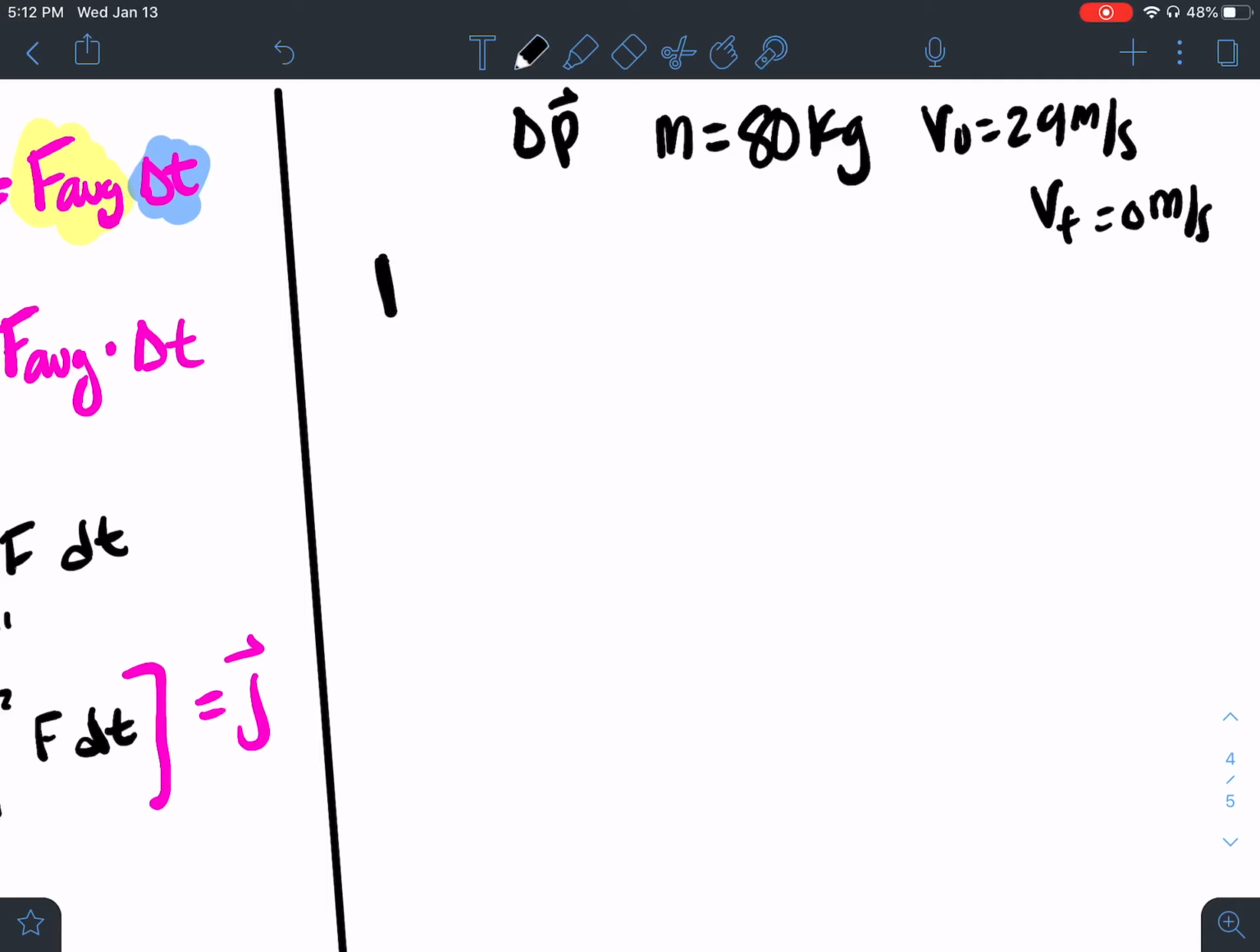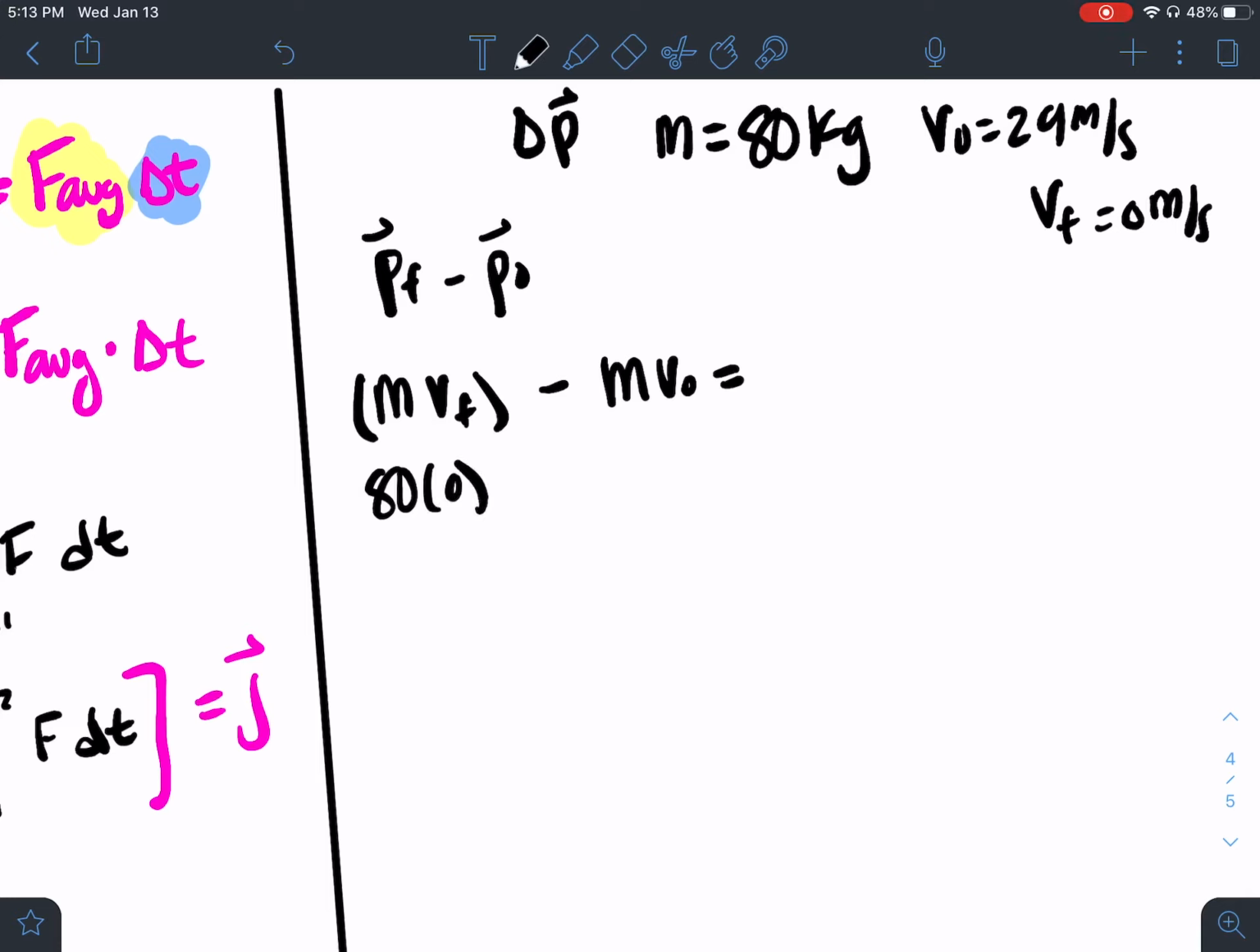The change in momentum is your final momentum minus your initial momentum. So we're going to do the mass times the velocity final minus the mass times the velocity initial. And so we're going to have 80 times 0 minus 80 times 29. And we end up getting, let me just double check here and make sure, negative 2320